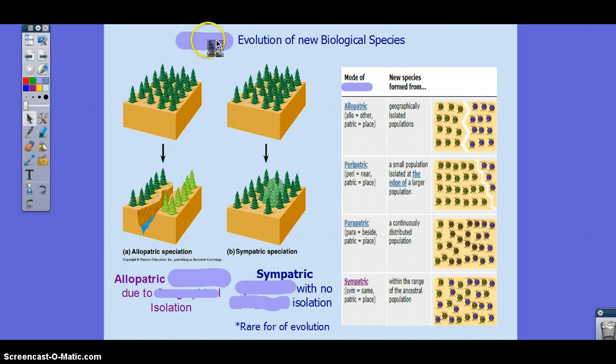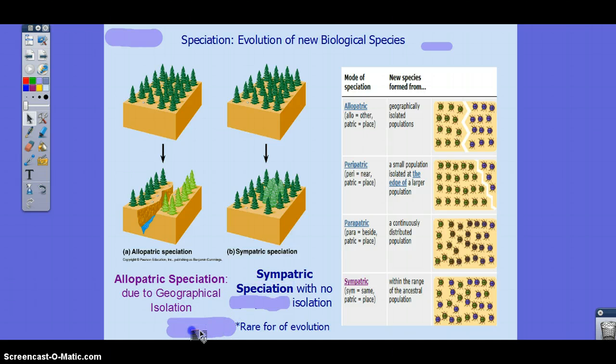When evolution takes place, you're going to have speciation, which is basically the development of a new species from a pre-existing species. You have to know these two types of speciation. One deals directly with environmental conditions, or I would say geographical conditions, like tectonic plates, dried up rivers, river formations, mountain formations, any kind of geographical issue that divides a population in half.